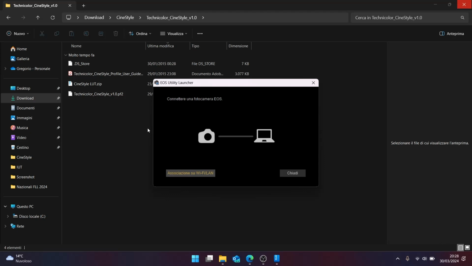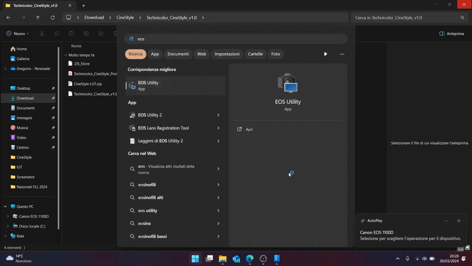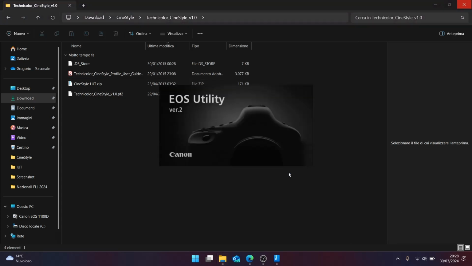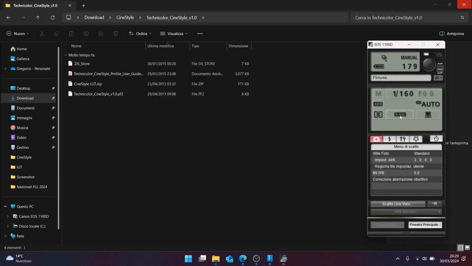Okay, I turned on the camera, now it should appear. Okay, let's just restart EOS Utility. Sometimes it behaves like this, and you can see that now it recognized the camera. Okay, now you want to go into this remote shooting, and now you just want to go into picture styles. You choose any one of the 3 user-defined styles.